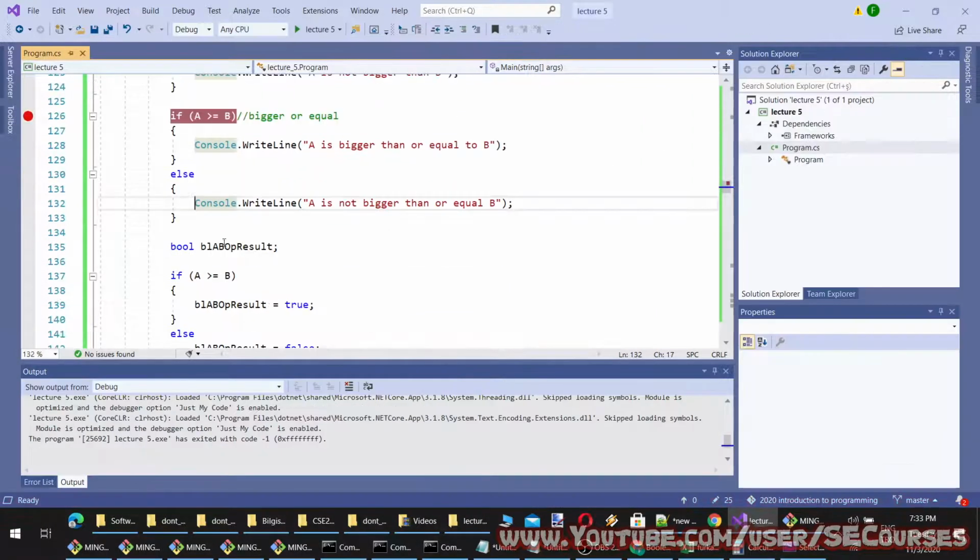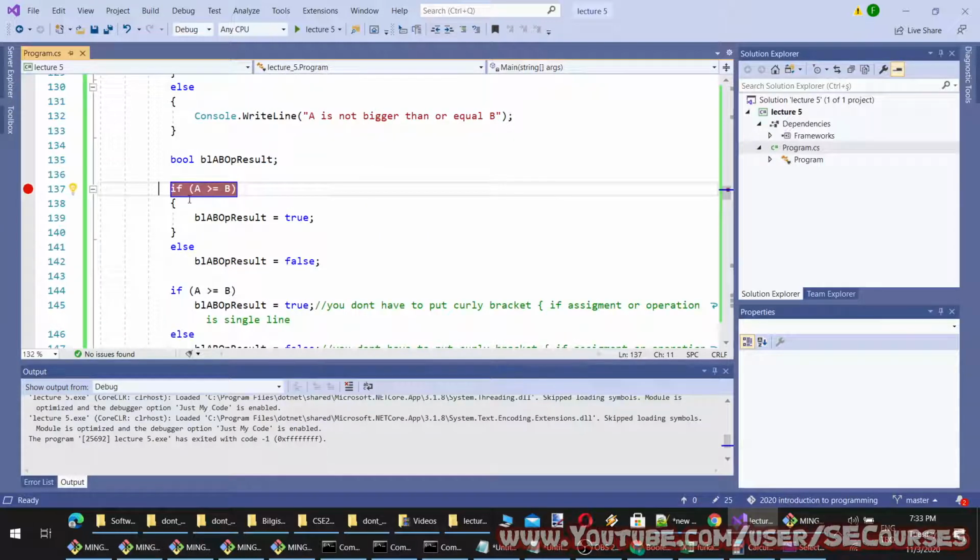It is giving me errors again. Okay. I can't put a breakpoint here. Do you know why? Because this is not an assignment or initialization. This is just a definition. Therefore, I can't put a breakpoint here. But I can put a breakpoint here because this is a logical operation.